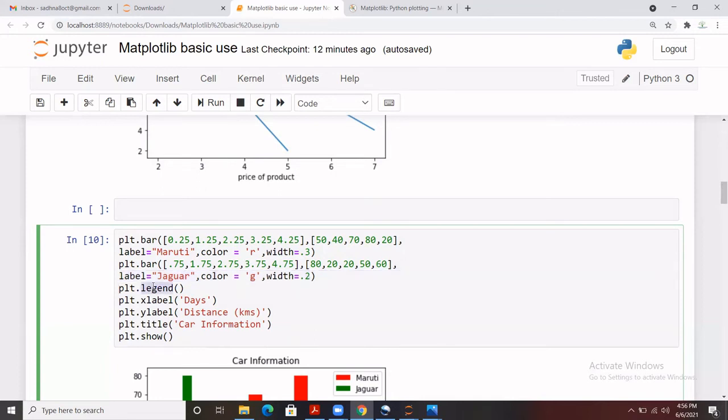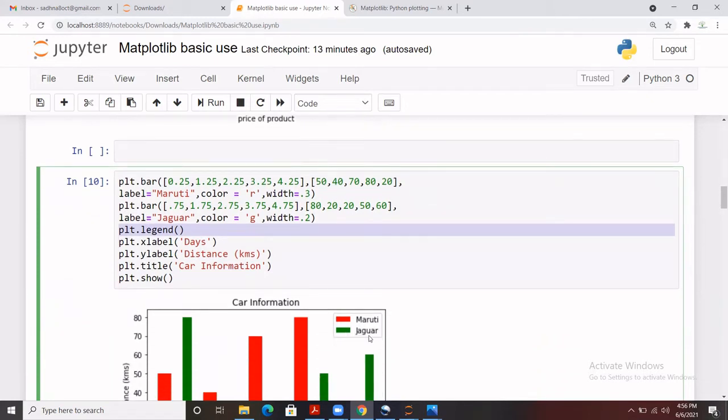And one more thing which is here, that is legend. It is the same as what we have in some other data visualization libraries or tools, for example in Tableau or in Power BI. And we have exactly the same thing here for Matplotlib. So legend basically is this part.